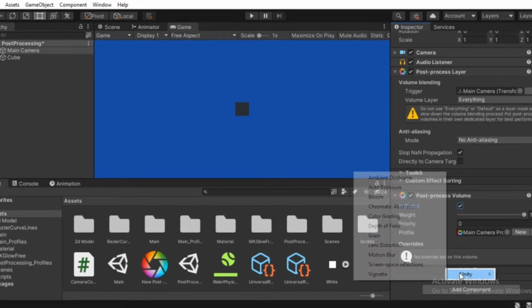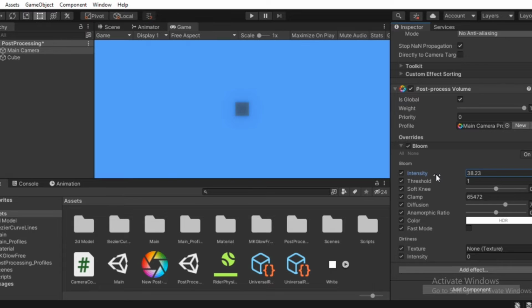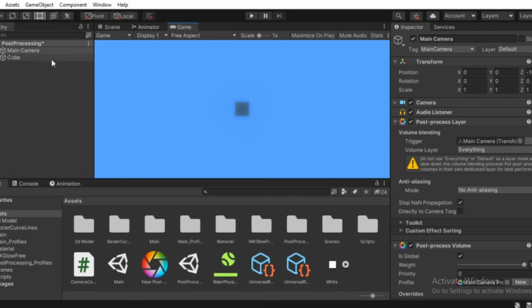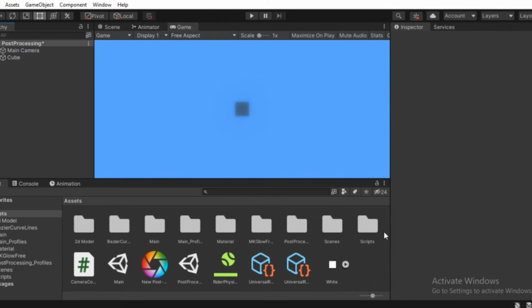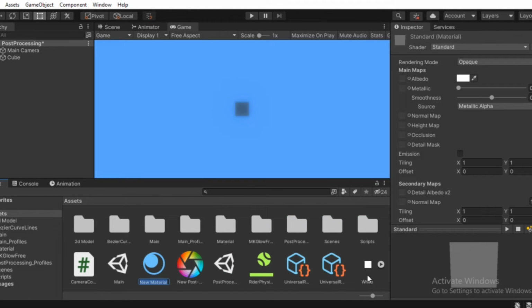Then add effects like the Bloom effect. Bloom, and go to All and put intensity forward. Okay, this looks cool. Okay, to add the sun type, go to Create and create a material,